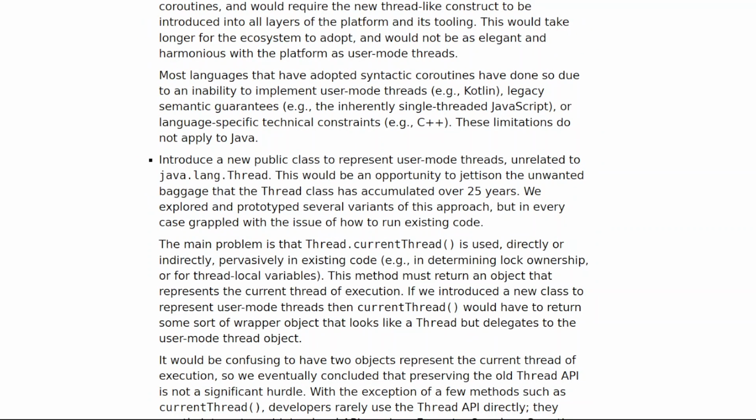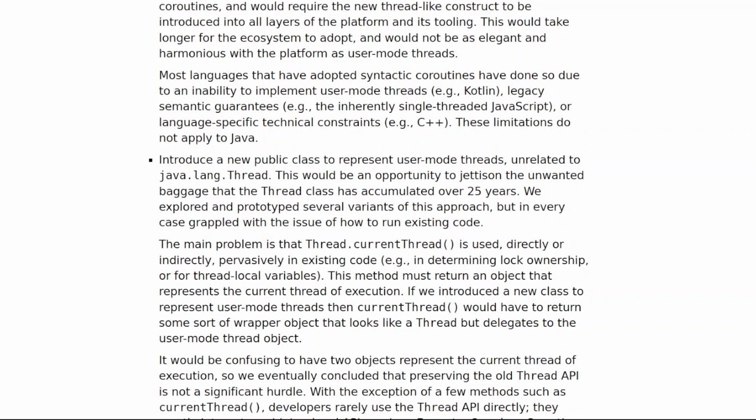This would take longer for the ecosystem to adopt, and would not be as elegant and harmonious with the platform as user mode threads. Most languages that have adopted syntactic coroutines have done so due to an inability to implement user mode threads, for example, Kotlin; legacy semantic guarantees, for example, the inherently single-threaded JavaScript; or language-specific technical constraints, for example, C++. These limitations do not apply to Java.